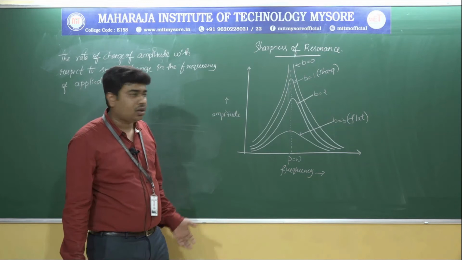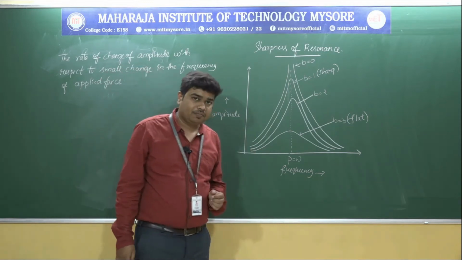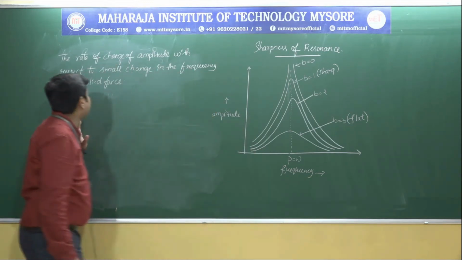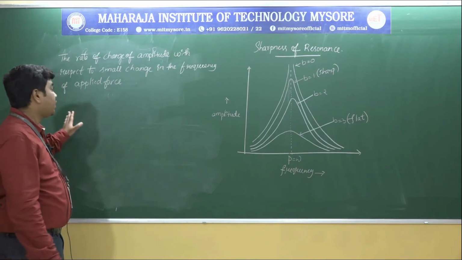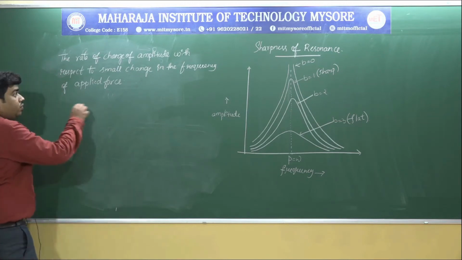Now this completely depends on the value of the damping. So it can be defined as the rate of change of amplitude with respect to small change in the frequency of the applied force. So we can write